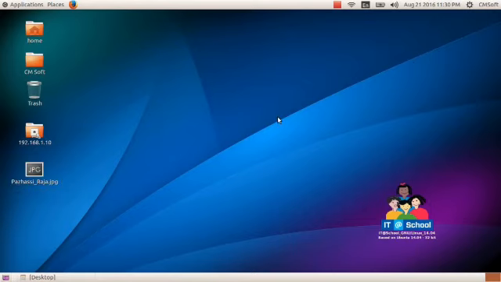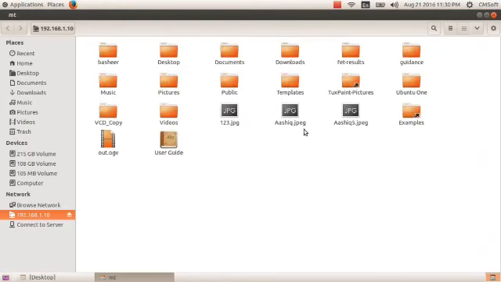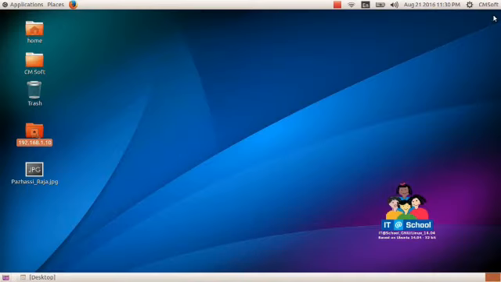Once we have connected to another computer, next time we do not need to connect to the system again, because a shortcut is created for that system. We just open this folder and select the files. Once we connect to a computer, next time a shortcut is automatically created there.